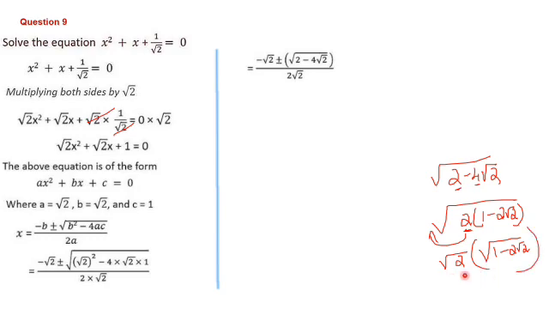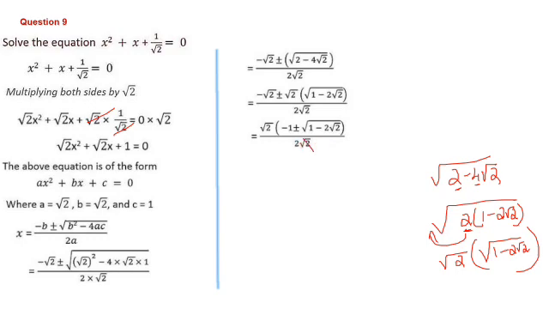After doing simplification, we will be getting minus root 2 plus or minus. This simplification I have done here, root 2 into root of 1 minus 2 root 2, divided by, here the denominator as it is, 2 root 2. Now you can see root 2 is common in the numerator, and in the denominator also there is a root 2. So if you take the numerator root 2 outside, the balance will be, in the first term, minus 1 plus or minus root of 1 minus 2 root 2 divided by 2 root 2. And again in the numerator and denominator root 2 we can cancel. The balance will be minus 1 plus or minus root of 1 minus 2 root 2 by 2.